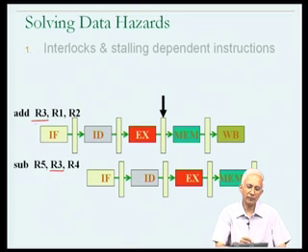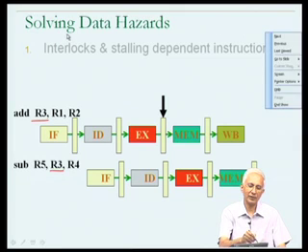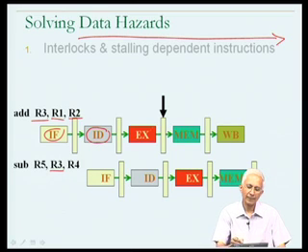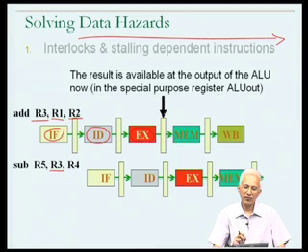Let us follow the fate of the add instruction through the pipeline. Here once again we are showing the timeline progressing in this direction. Now the add instruction is fetched in the IF. It is decoded in ID. In other words, it reads its operands R1 and R2 in ID, and it does the addition of the values in the EX stage. Now the reason that we are particularly interested in that observation is that at the end of the EX stage, the result which is ultimately going to go into register R3